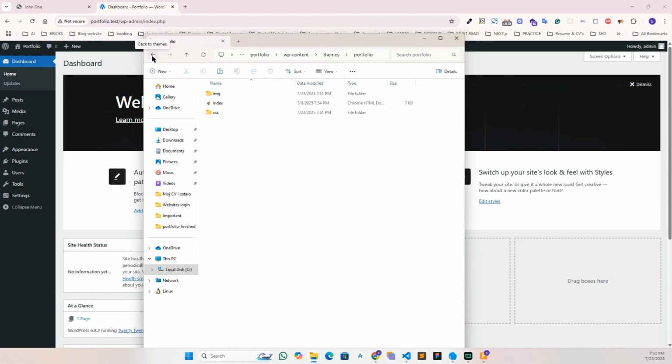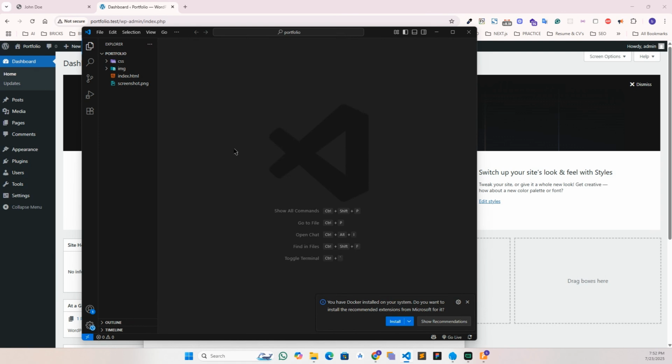And let's go back. Let's also add a screenshot.png, paste it here. And then let's open our code editor, add a new file called